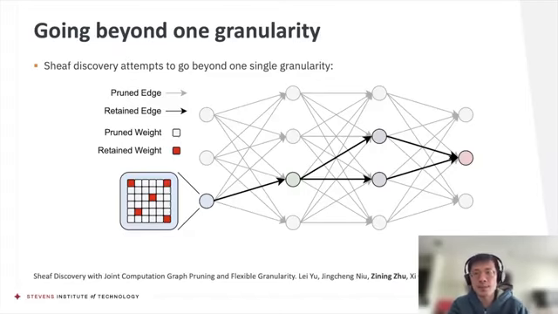We went inside the weights and we further discarded 90% of the weights inside the remaining parameters. We realized that the model's behavior still remained largely unchanged. So in this way, the remaining sheaf seems to be the steering wheel, and